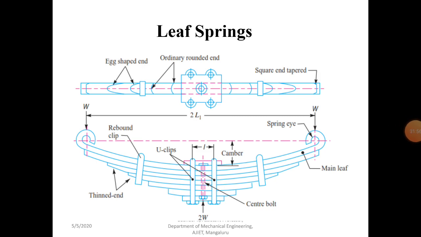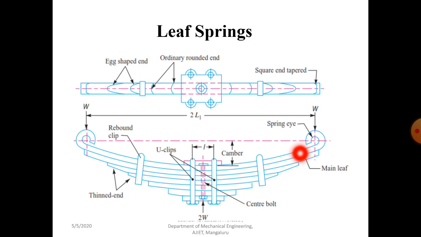Now coming to the important topic in the design of spring. This is one more type of spring, called the leaf spring. It's also called multi-leaf spring, and is widely used for suspension of cars, trucks, or railway wagons. This spring consists of a series of flat plates, you can see here. There will be a number of plates, usually of semi-elliptical shape. You can see the shape is elliptical in nature, semi-elliptical in nature.